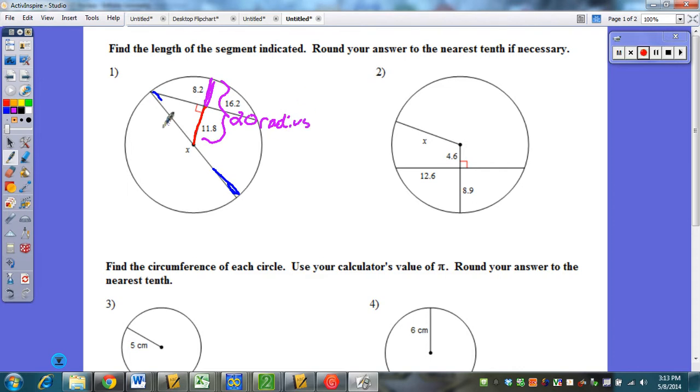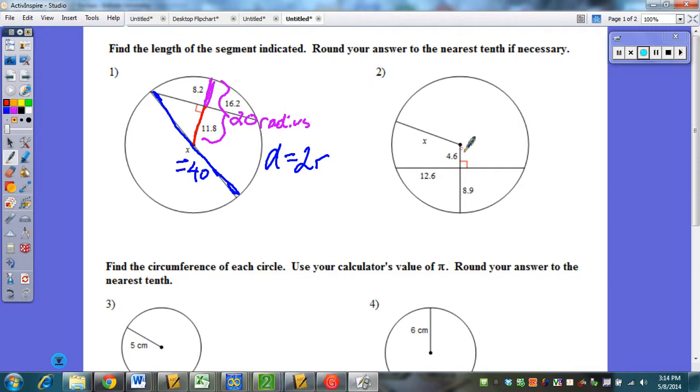Alright, well, this line right here is our diameter, and the diameter is equal to 2 times whatever the radius is. So x is equal to 40. Okay, number two,